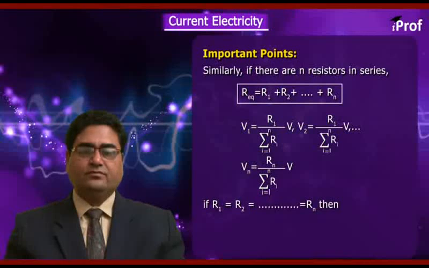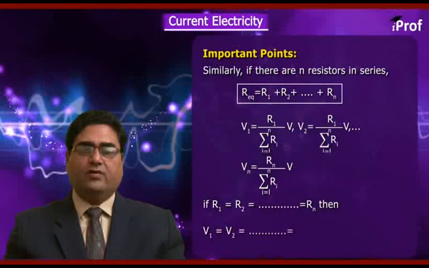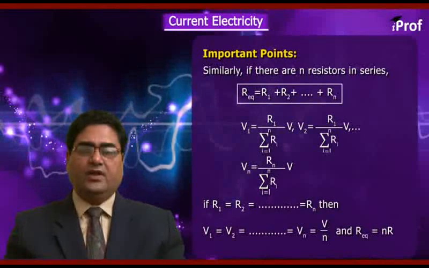If R1 equal to R2 equal to dot dot equal to Rn, then V1 equal to V2 equal to dot dot equal to Vn equal to V upon n, and R